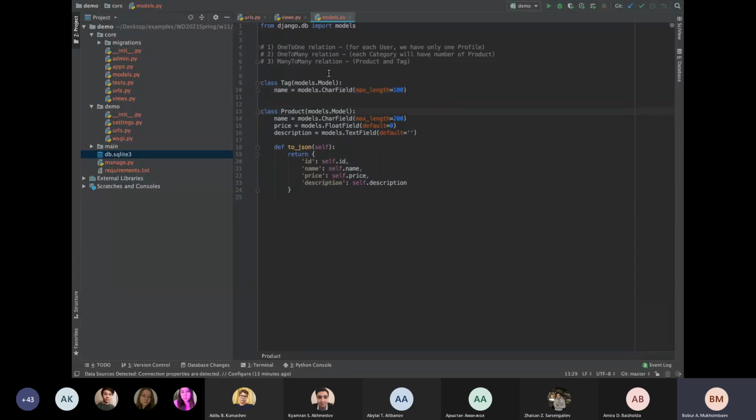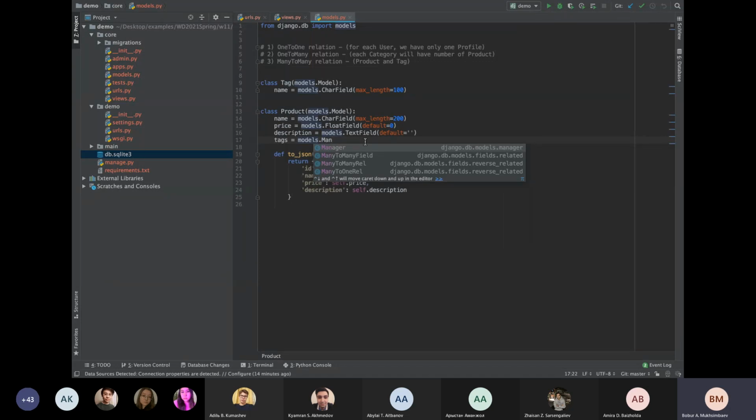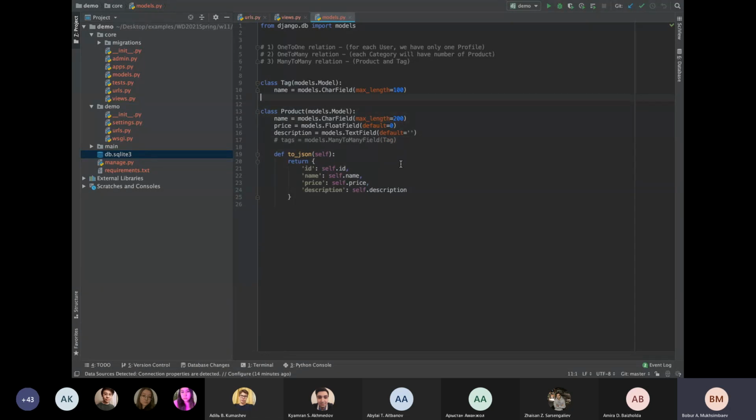And product might have a field like tags, models.ManyToManyField. Many-to-many fields can be used to connect these two tables with each other. For instance, inside of the products, we have the tags field, which is connected using the many-to-many relationship with the tags. But if your database is very big, or it's expected to be very big, in that case, it's recommended to use an extra table,